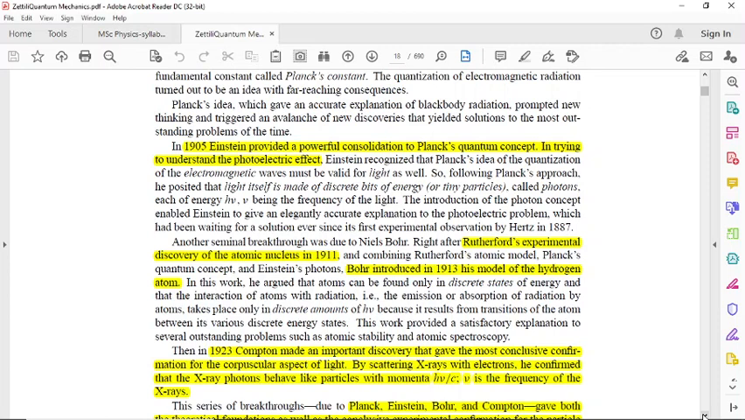And in 1911, Rutherford's experimental discovery of the atomic nucleus. Then in 1930,